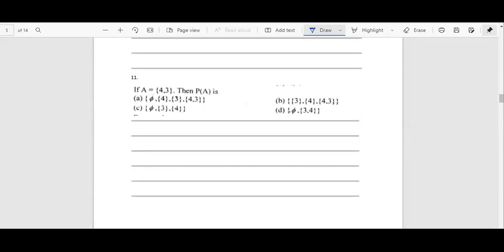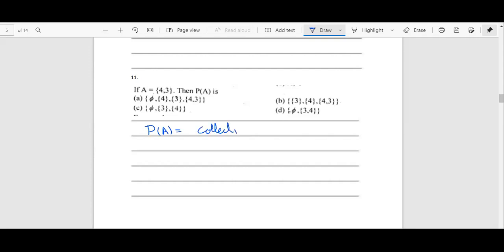Now let's talk about the 11th question. The 11th question says if A equals 4, 3, then P of A is. Now the first thing is, what is P of A? P of A is basically the power set. It is the power set. And if we define power set, we can write that P of A basically is